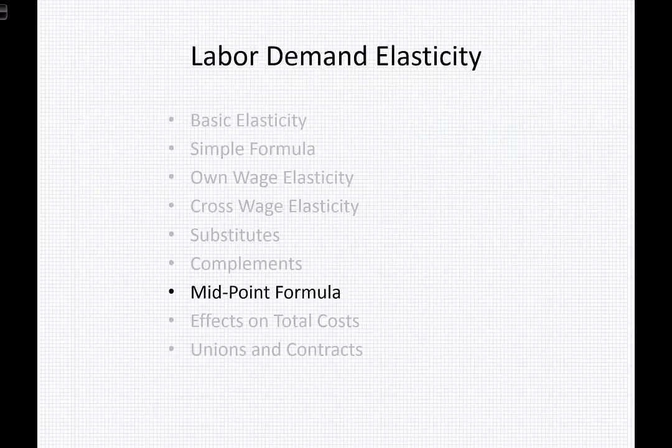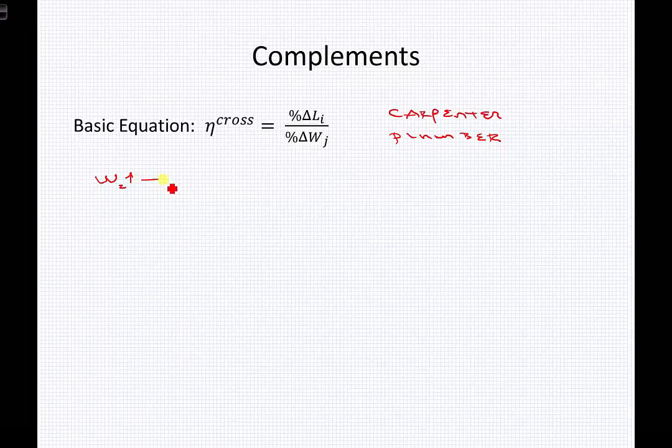Well, we already knew that as the cost rose, the quantity of carpenters falls. But we can also suppose that if the price of the structure being built is going up, then the number of buildings being built will go down, such that the number of plumbers